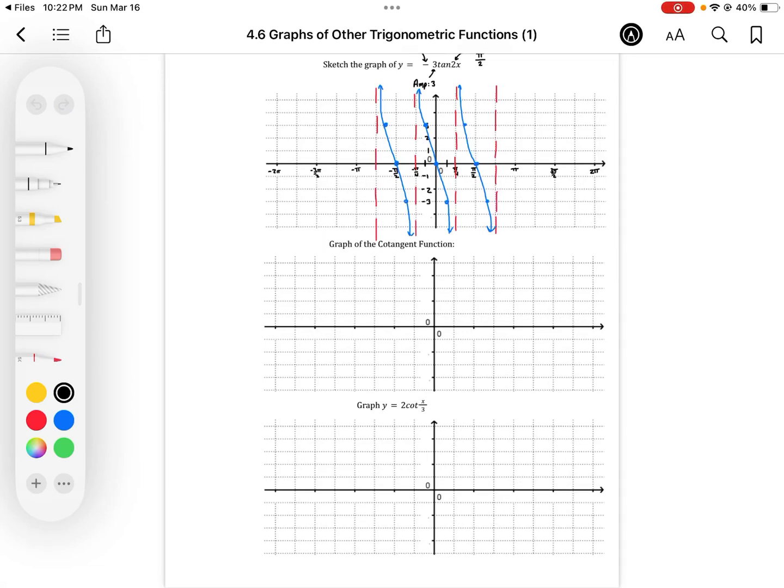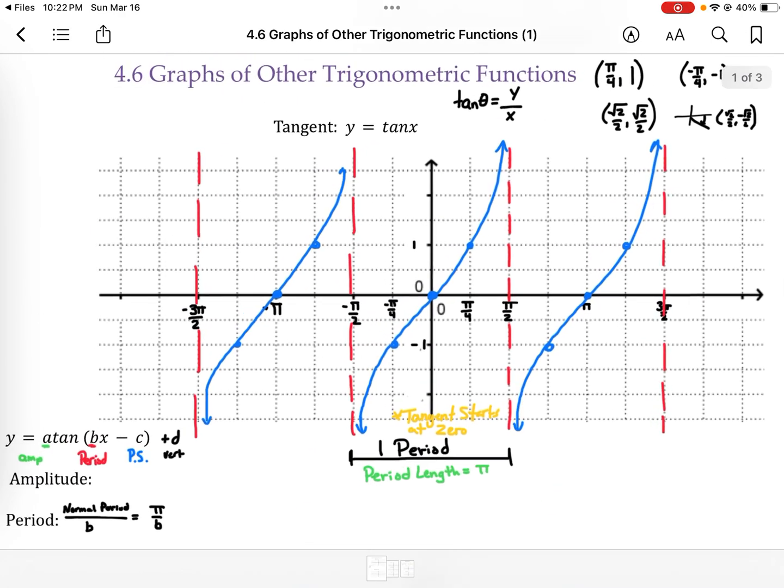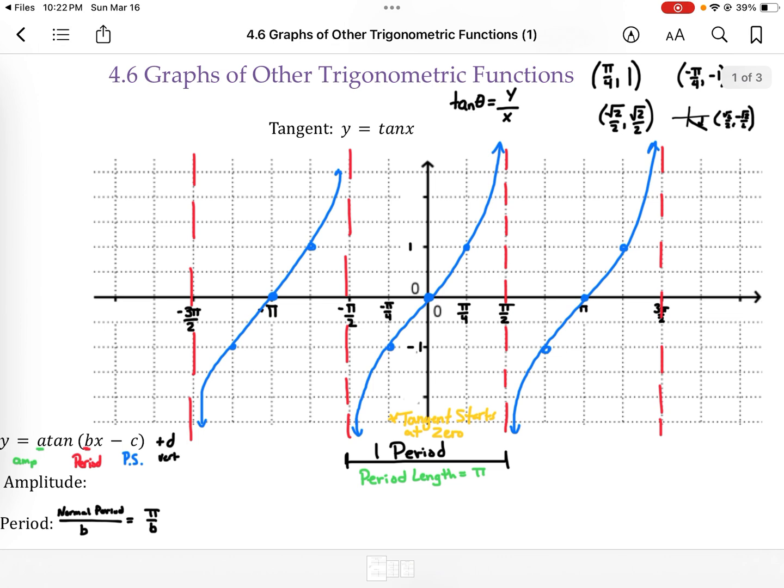Alright, so in this next part we'll start looking at the cotangent. It's going to be very similar to tangent in what's going on here. So just a quick review for our tangent: how we got our tangent graphs was we started out looking at our unit circle just so we could develop the graph. Looking at our unit circle, tangent's y over x. We're going to use the same idea for cotangent, where cotangent is x over y,